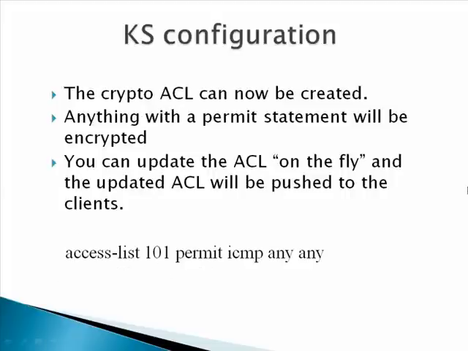Okay, so the crypto ACL, you can create that now after you exit out of the GET configuration. Anything in this crypto ACL that has a permit statement is going to be encrypted. Anything that has a deny, including the implicit deny, is not going to be encrypted. So no new concepts there. That works exactly the same as it would for a regular site-to-site IPsec tunnel. Should be noted here